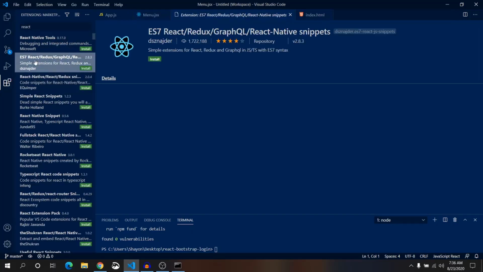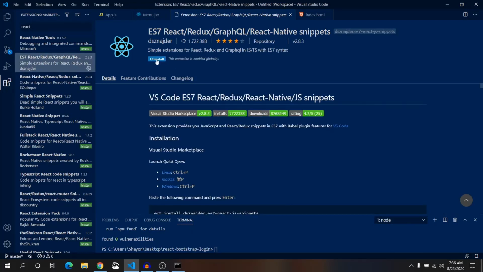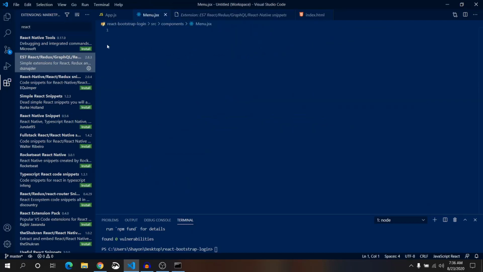This is the extension we need. Install it. This is ES7 React Redux GraphQL React Native Snippets. For using it properly, we have to use .jsx extension of our file.